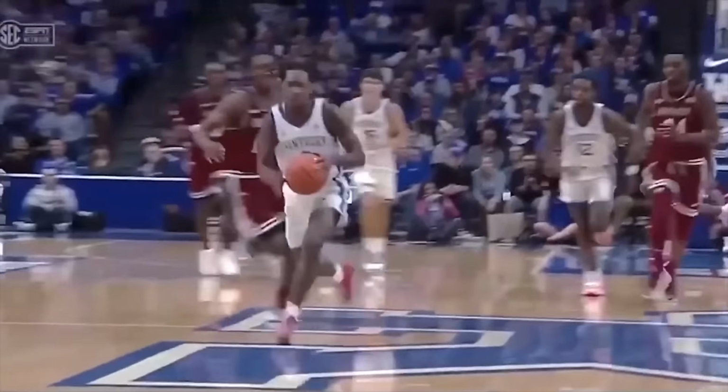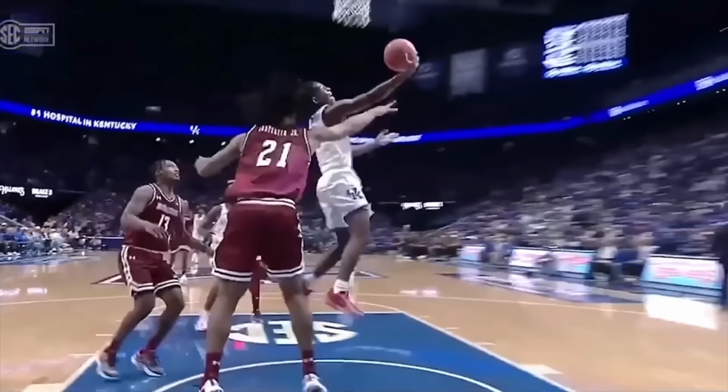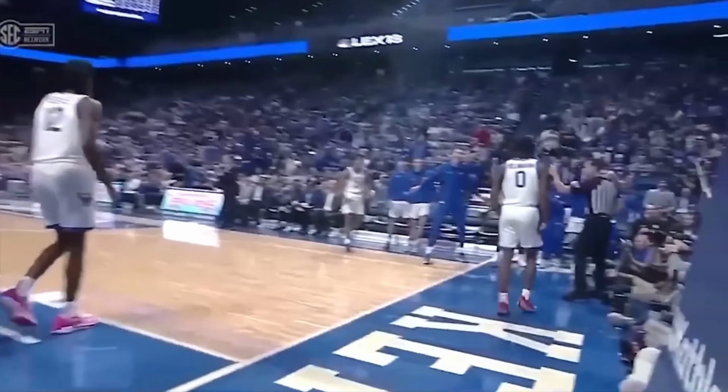So overall, I think Rob Dillingham is an extremely talented prospect coming into this draft. He's got plenty of juice as an